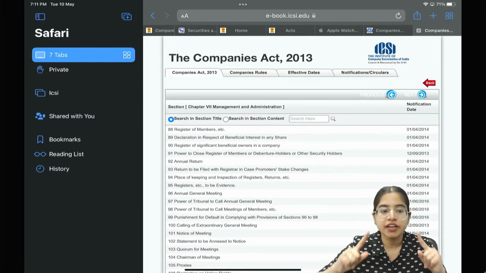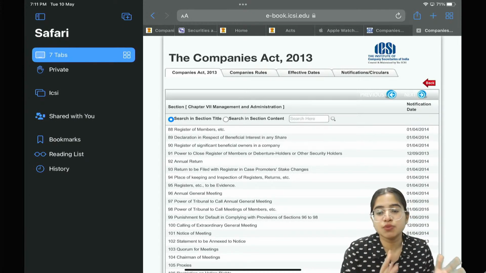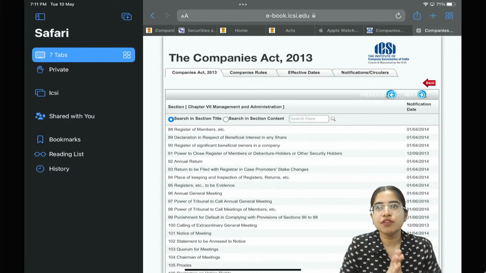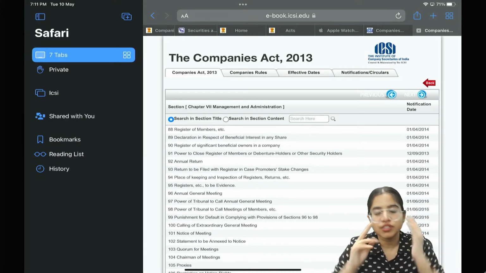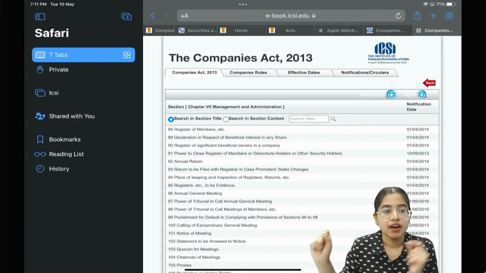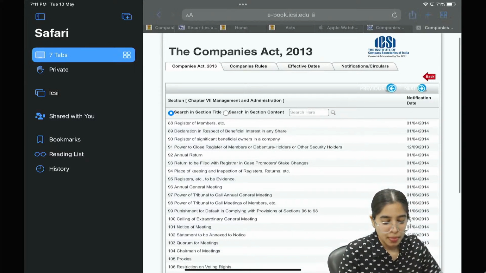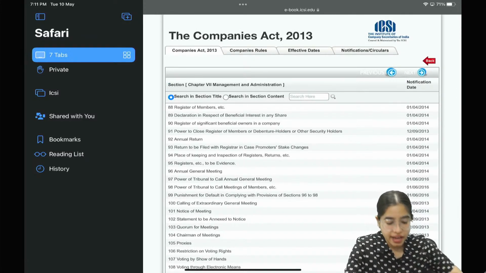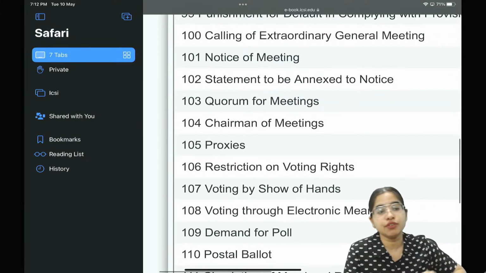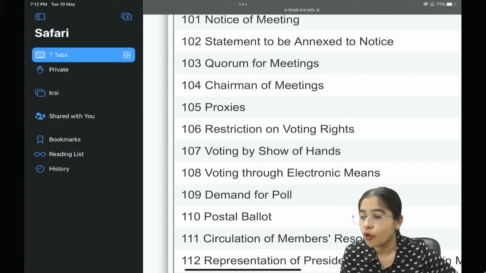After that, we studied 101, notice, Shagun ka lifafa. After that, we studied 102, that is explanatory statement, and after that we studied 103, which is notice. So yesterday we studied section 96 to 103. So today we are going to continue from section number 104. As you can see, this is your bare act, and we started with 96 annual general meeting. We are done till 103, which is quorum. Now we have to continue with section 104, which is